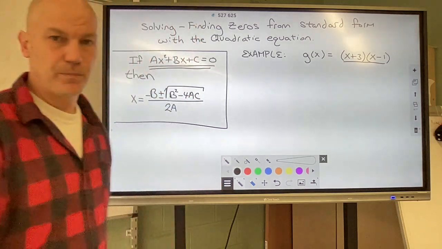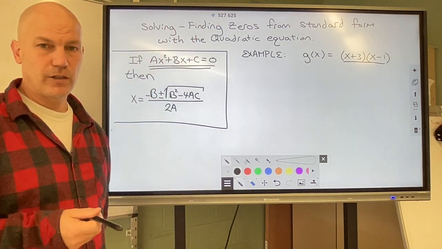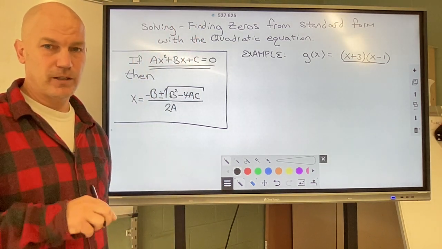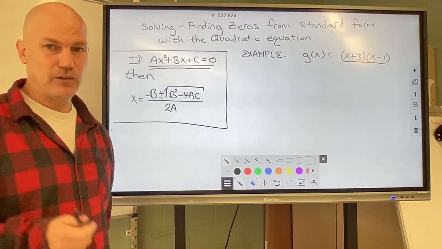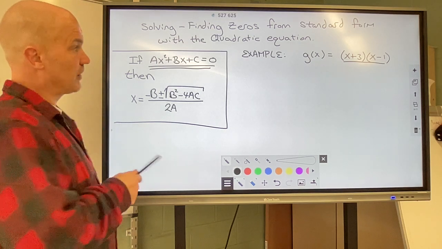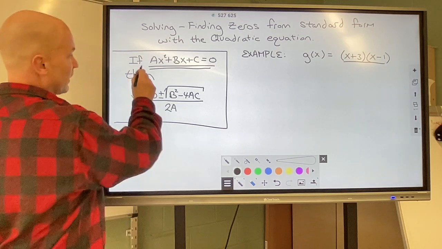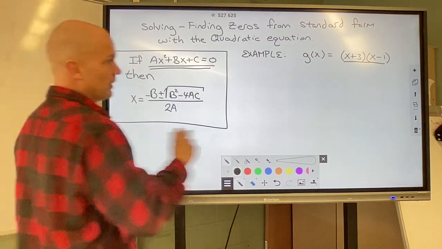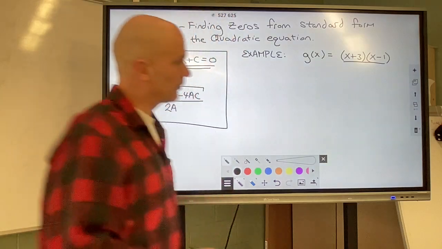Right, here we go. So we are going to work on using the quadratic formula, quadratic equation, to solve equations that are in standard form. We need to be able to recognize that this is standard form and that this is obviously in